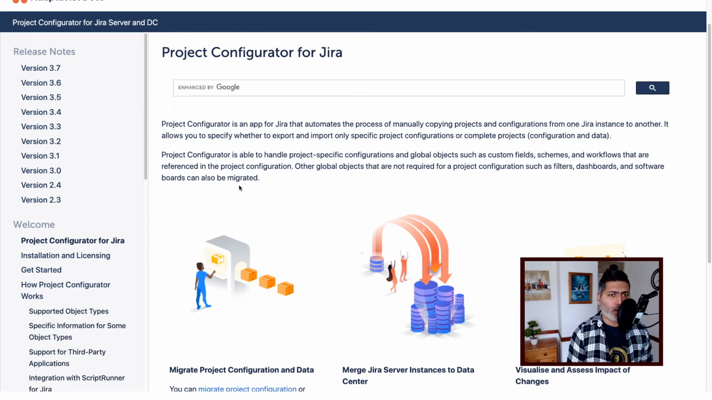Now, we will be talking about Project Configurator a bit more in detail in a series of videos. So I'm making a series on Project Configurator for Jira, just to help you guys in case you want to, of course, do the same thing, in case you think you have